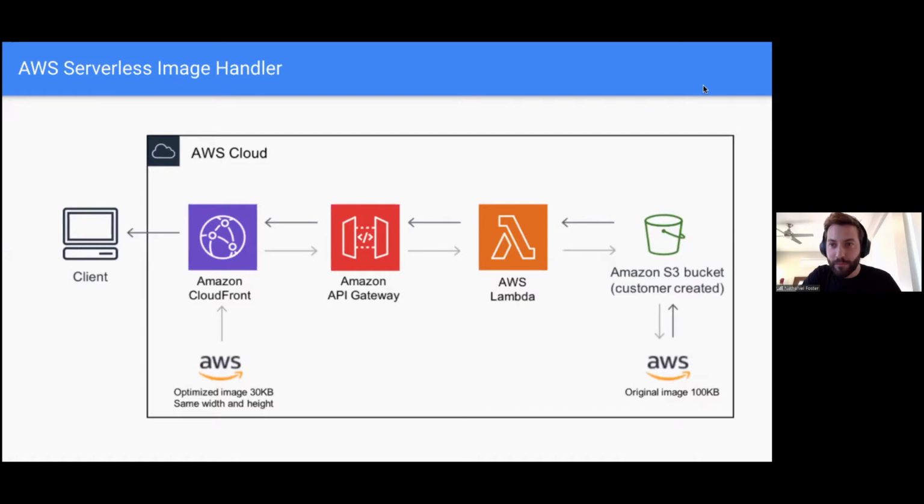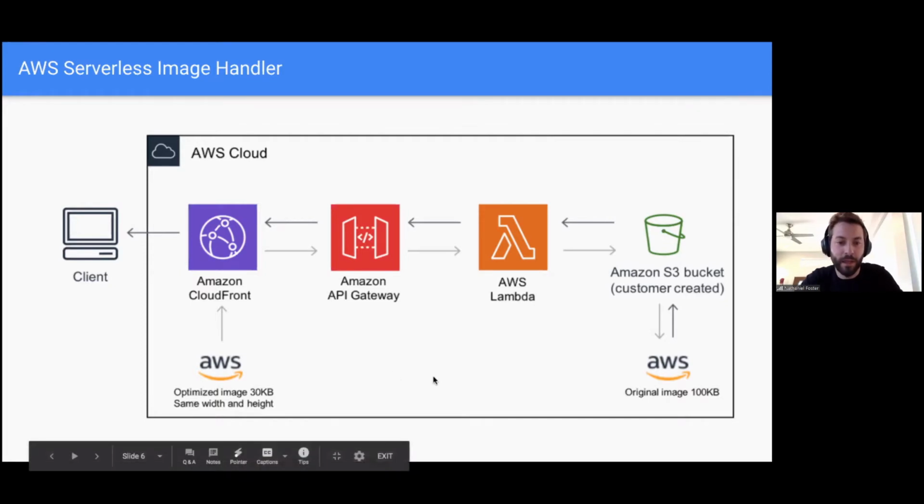So this is the infrastructure here for the AWS service handler. Oh my goodness, I didn't realize we could move these images around with all the people who are watching. But